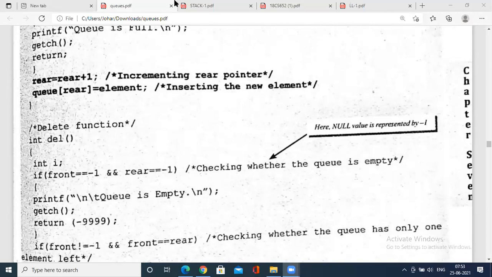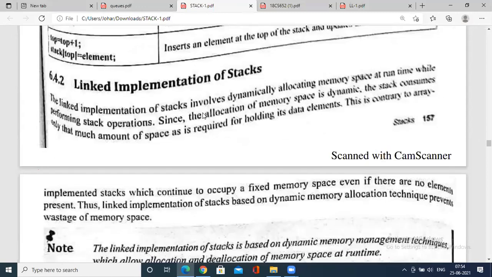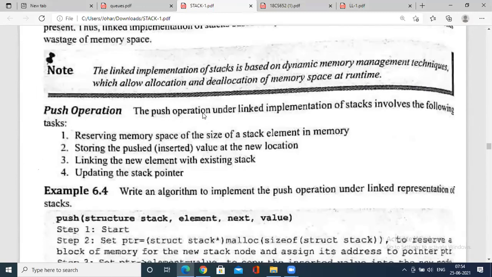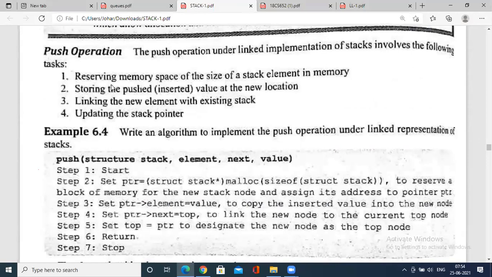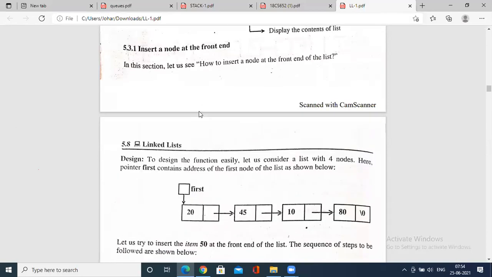Now let me go to the stack again. We'll see the linked implementation of a stack. Linked implementation of a stack does not require reserving memory space of the size of the stack in advance. I don't know how many people have followed the concept of linked list. Whenever you create a linked list, how do you create it?